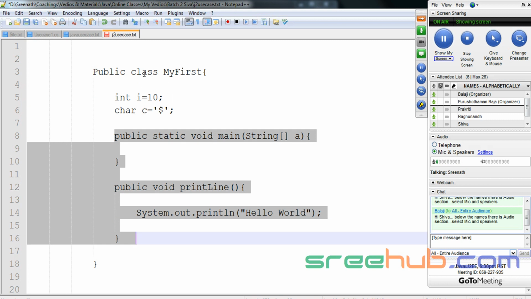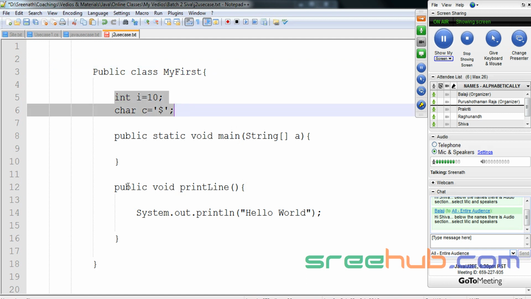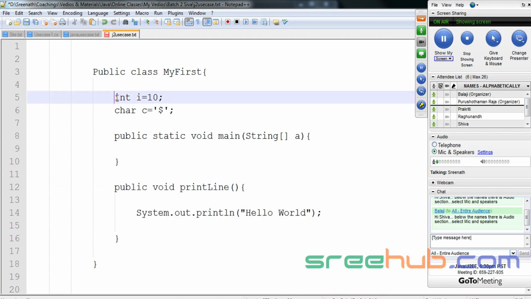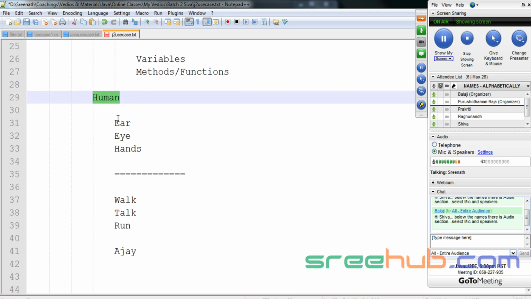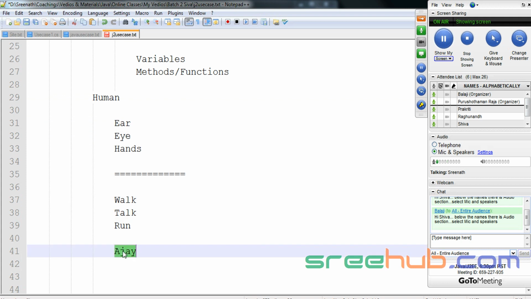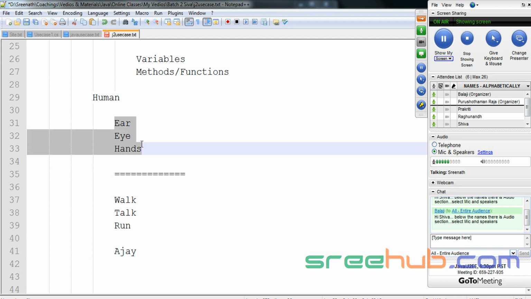So now we have created a class here. Why we create a class is so that this class can serve the outside world with its attributes and behaviors, right? Now, how to use the attributes and behaviors of a class in the outside world is that we have to create an object of this, right? How to create an object of this? So here, if you can see, there was a human class with some attributes and behaviors. But in order to use this human class to actually generate something, we have created a guy called Ajay. Now Ajay is an object of the human class,